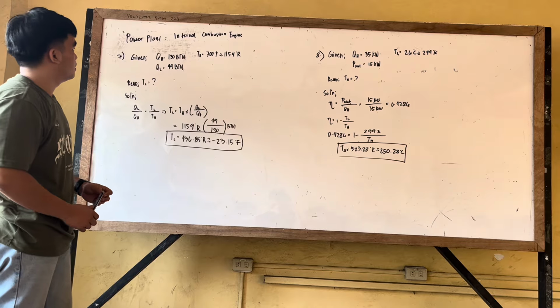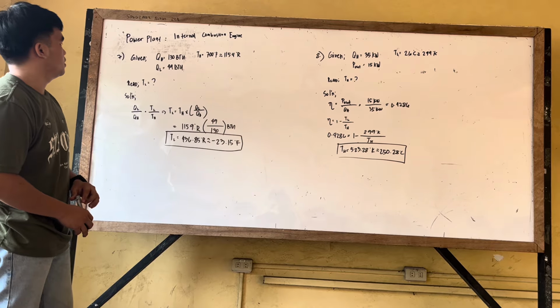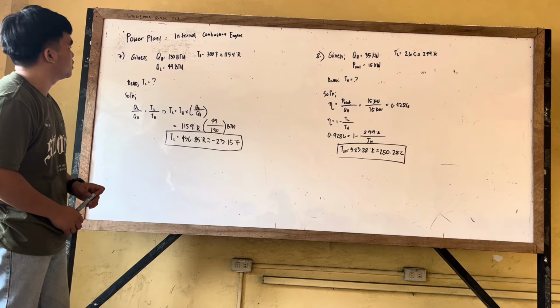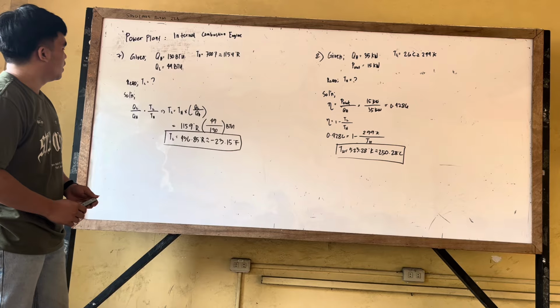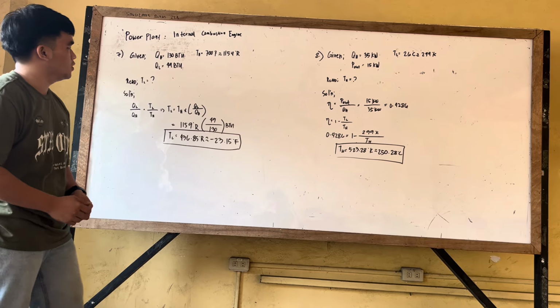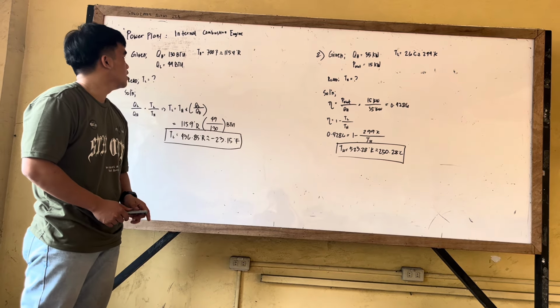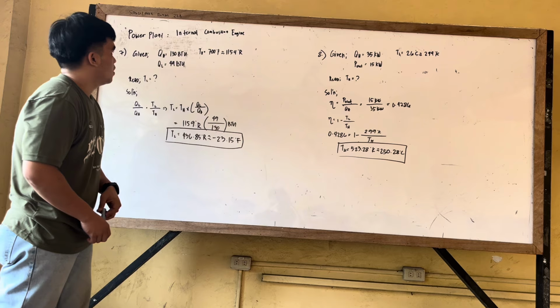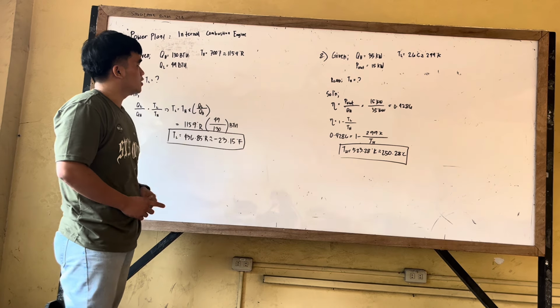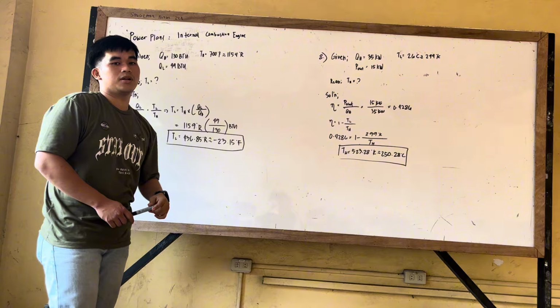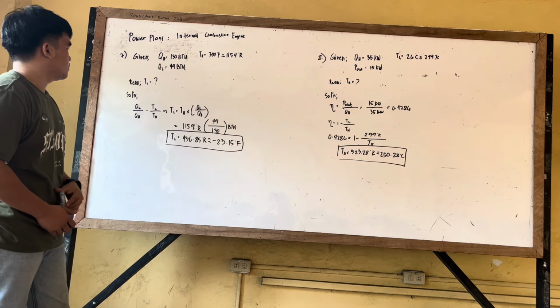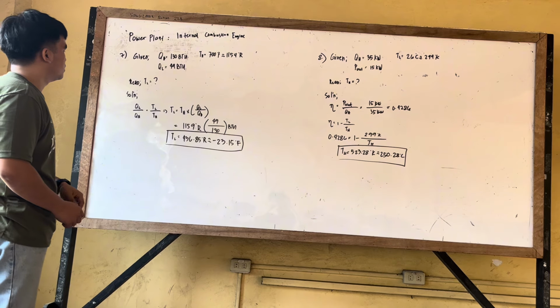So, number 7, the given is QH equals 130 BTU, QL equals 49 BTU, and the hot temperature is 700 Fahrenheit. Converted to Rankine, we have 1154 Rankine. So in this problem, the required is the temperature